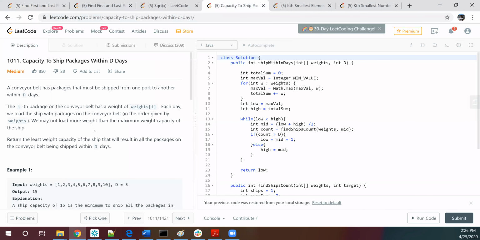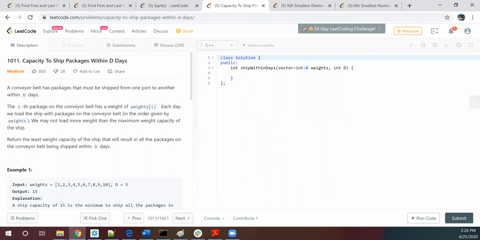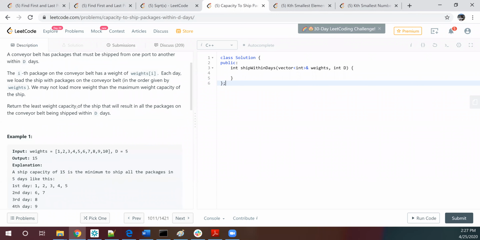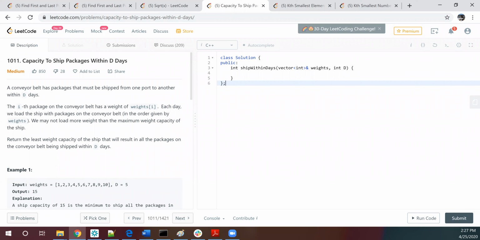Okay, our next question is capacity to ship packages within D days. So basically, do you want me to read, or do you want to take a minute or two to read, and then I'll start explaining? Okay, let's spend 1 minute, and then